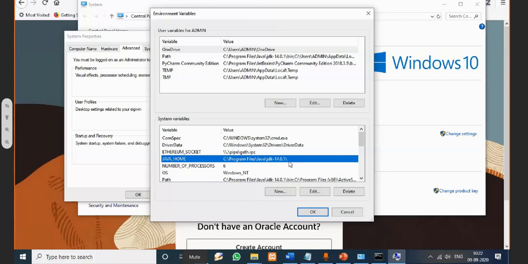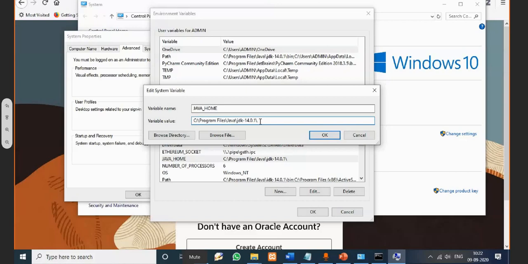Why JAVA_HOME? Because JAVA_HOME is a variable which holds a value to check where Java is. Next time when I go for any other installation, if Java is required, it won't go for the Java commands and all. It will just check the JAVA_HOME environmental variable, extract the path from it, and automatically add the bin directory. Then it will look at what commands are required for your newly installed tool. So for that reason we added this JAVA_HOME.